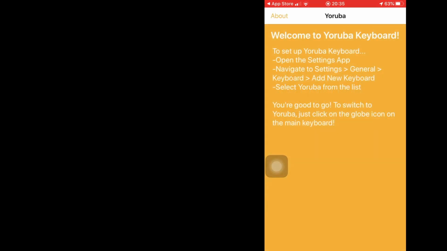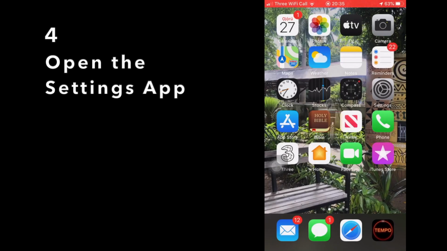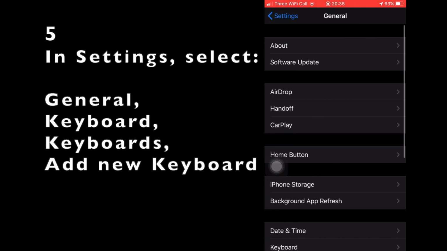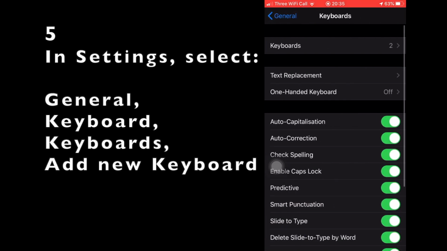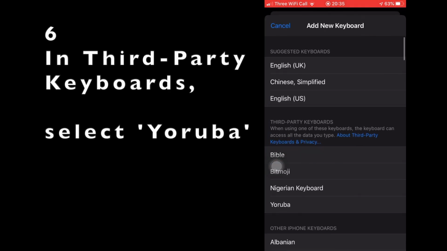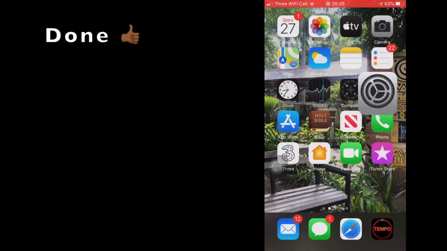But yeah, if you click settings, tap settings, then choose general, keyboard, then keyboards, and add new keyboard. And then in the third party keyboards, you want to choose Yoruba. And yeah, that's it. So now you can start typing in